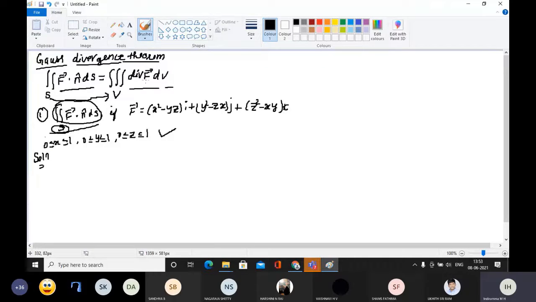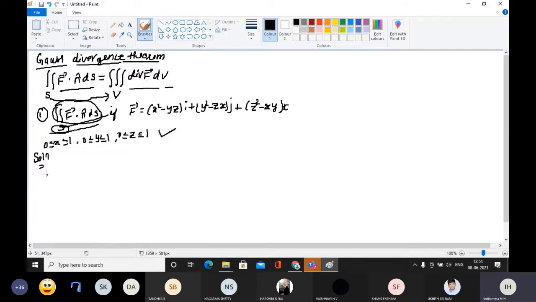If they do not specify a theorem and directly say evaluate, we have to evaluate the given integral directly. If they specify the theorem name and give the LHS, we have to use the RHS to evaluate it. If they give a triple integral, we use the double integral. Since in this question they give a double integral to evaluate using Gauss divergence theorem, we have to use the RHS to evaluate it.